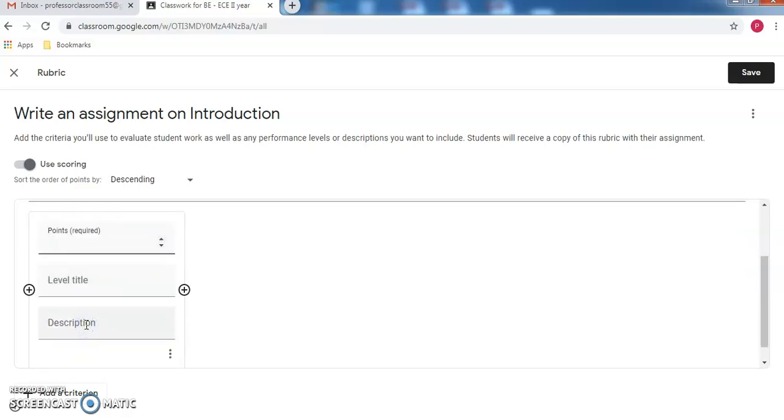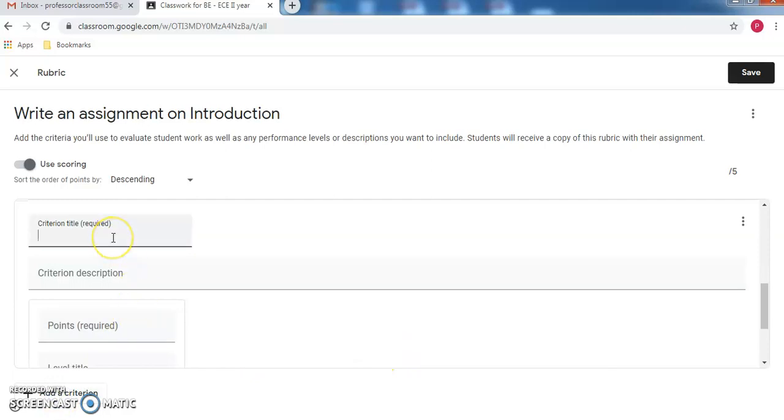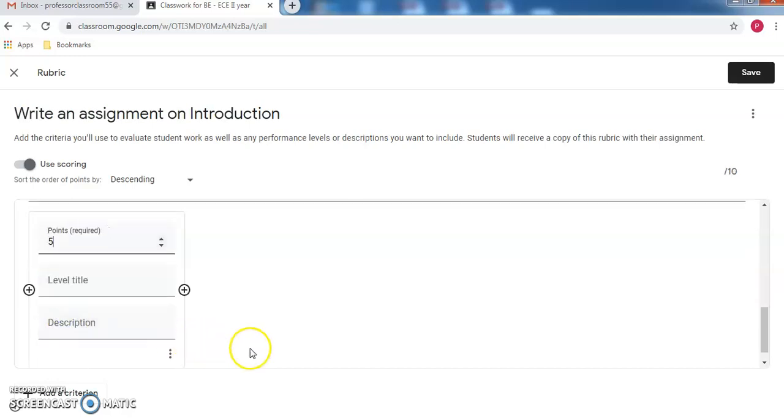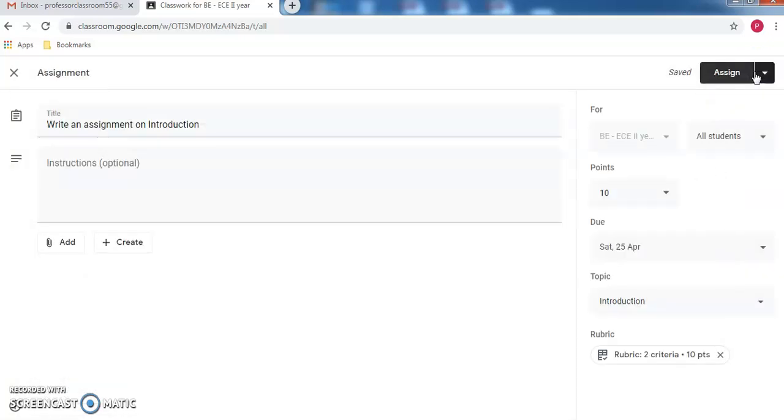I'm giving 5 points to grammar. And for the content, I'm giving another 5 points. So totally we gave some 10 points, and I have split it for grammar and the content. So that is rubric criteria. So this is again an optional.